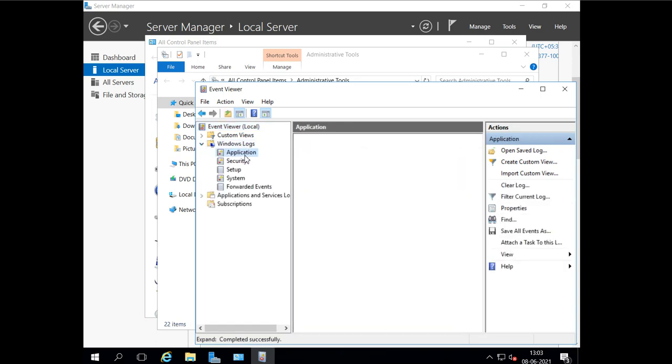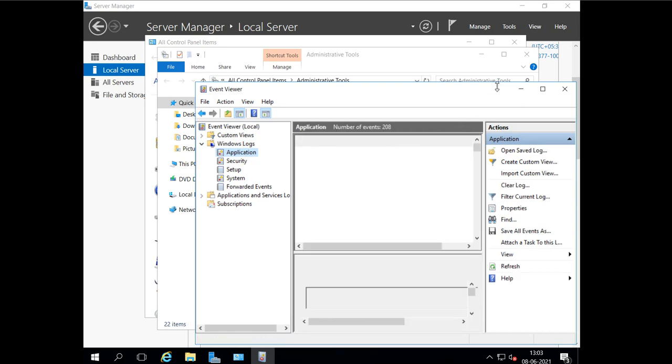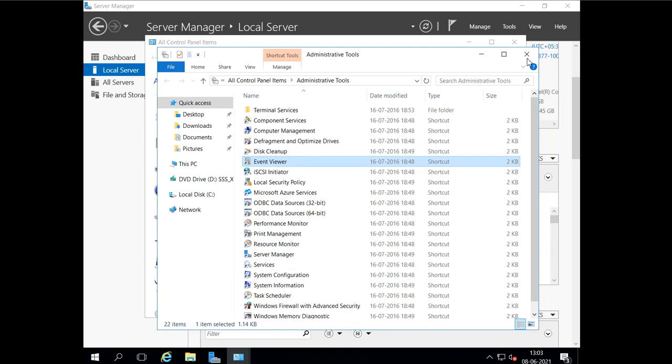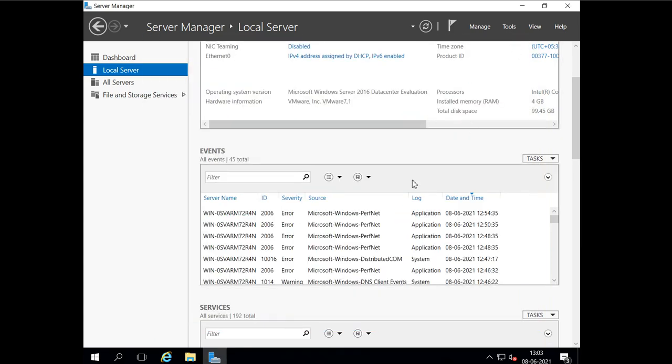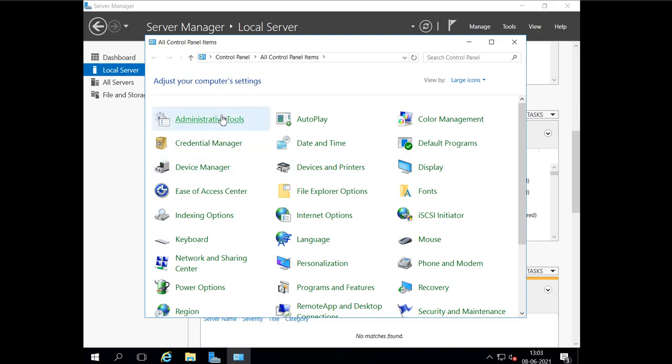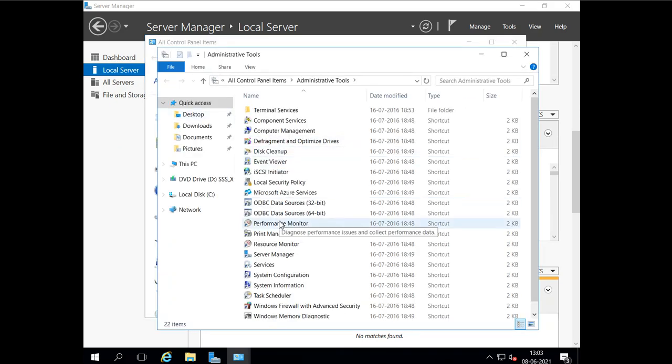We can directly see the events related to that server here, and also we can see the services related to the server. Services we normally access from Control Panel, then Administrative Tools, then Services. This is the services list we have. Now we don't have to go there, we can just see the services related to the server here.